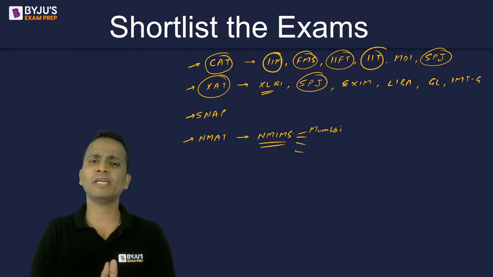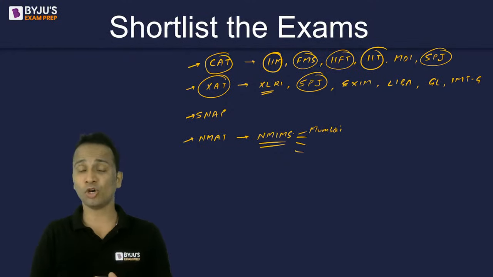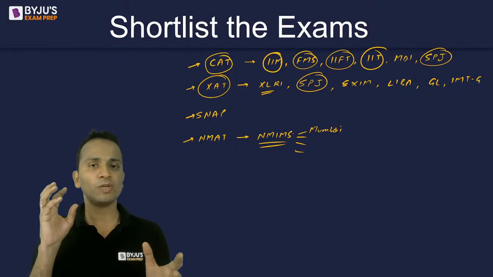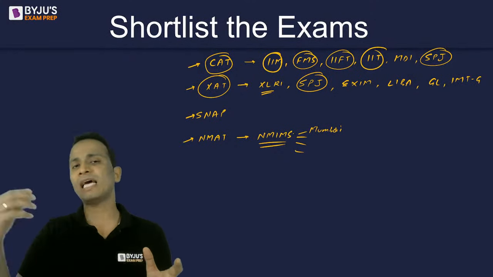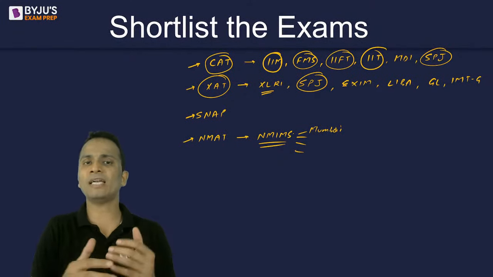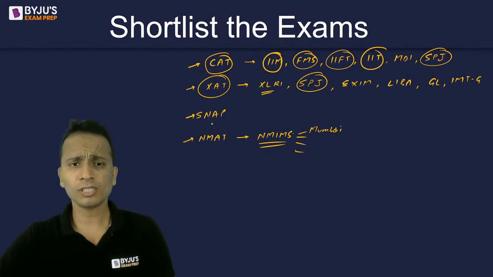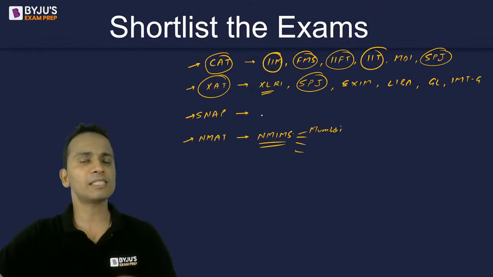Other than NMIMS Mumbai, it has branches in Bangalore, then Hyderabad, Navi Mumbai, Indore. So there are different campuses for NMIMS. Now it's totally up to you if you want to apply for these campuses or not. All right. So once again, Narsee Monjee will offer you admissions in NMIMS, and yes, there are some other colleges which are affiliated to NMAT, and they will be considering NMAT score for their admission process. Okay. Now, SNAP. SNAP is conducted by Symbiosis International University, and there are some wonderful colleges that are under SNAP.